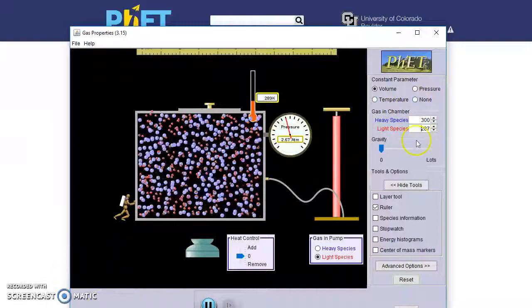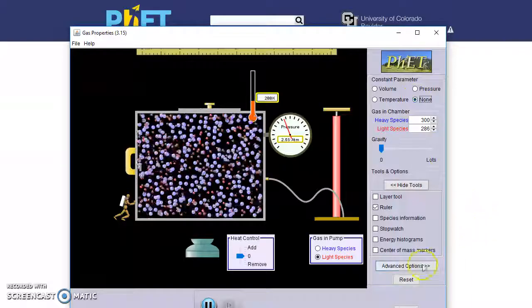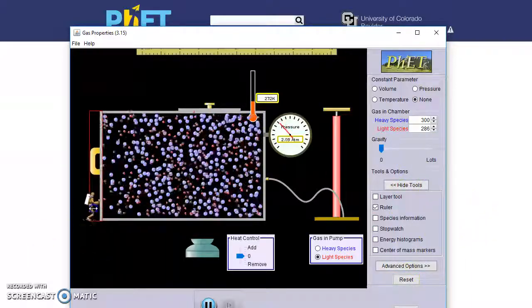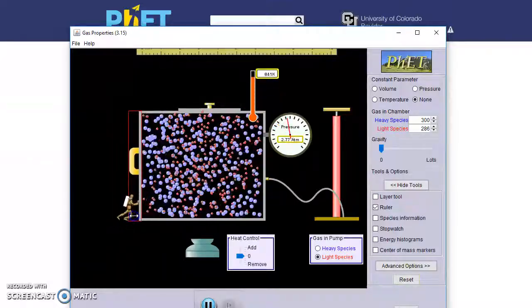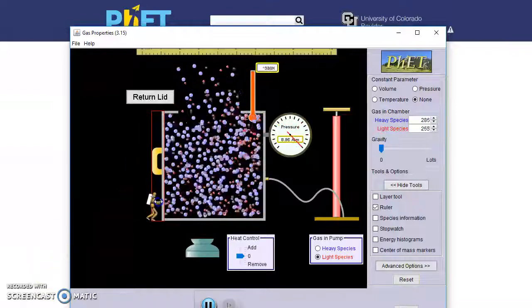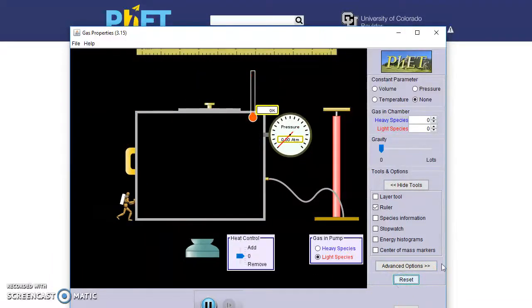What happens if I allow the volume of the box to change? What happens if I increase the volume? Again, this can be studied. What happens if I decrease the volume? Again, I've over pressurized the system. And so these are all things that the teacher could ask. The student could experiment safely, and the student can actually